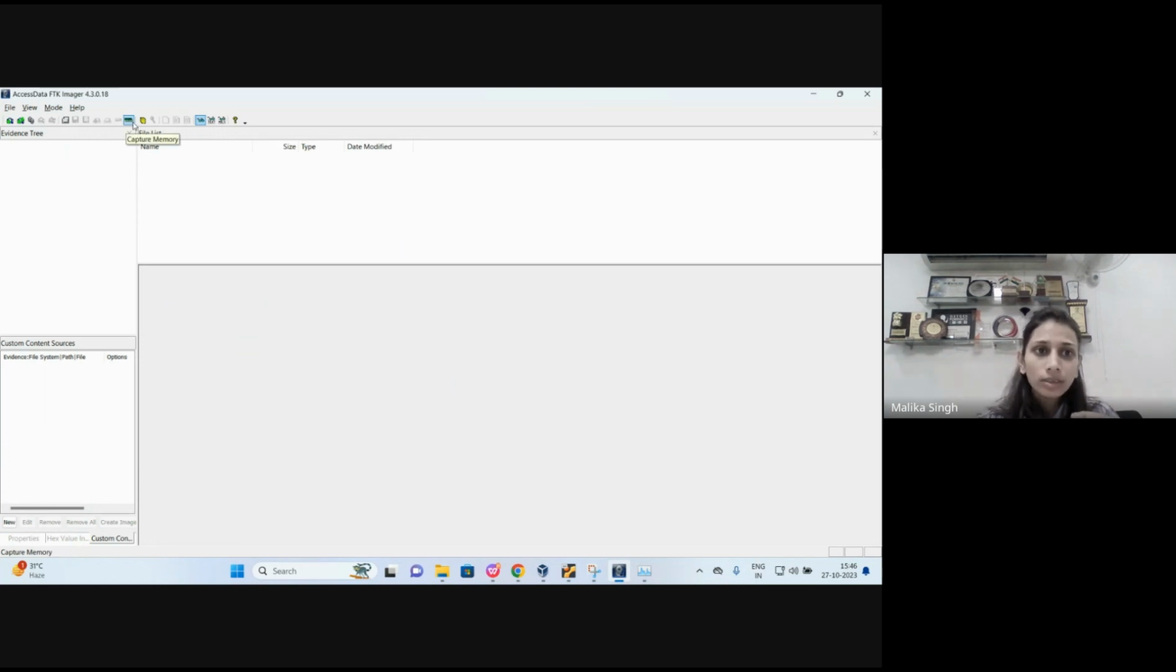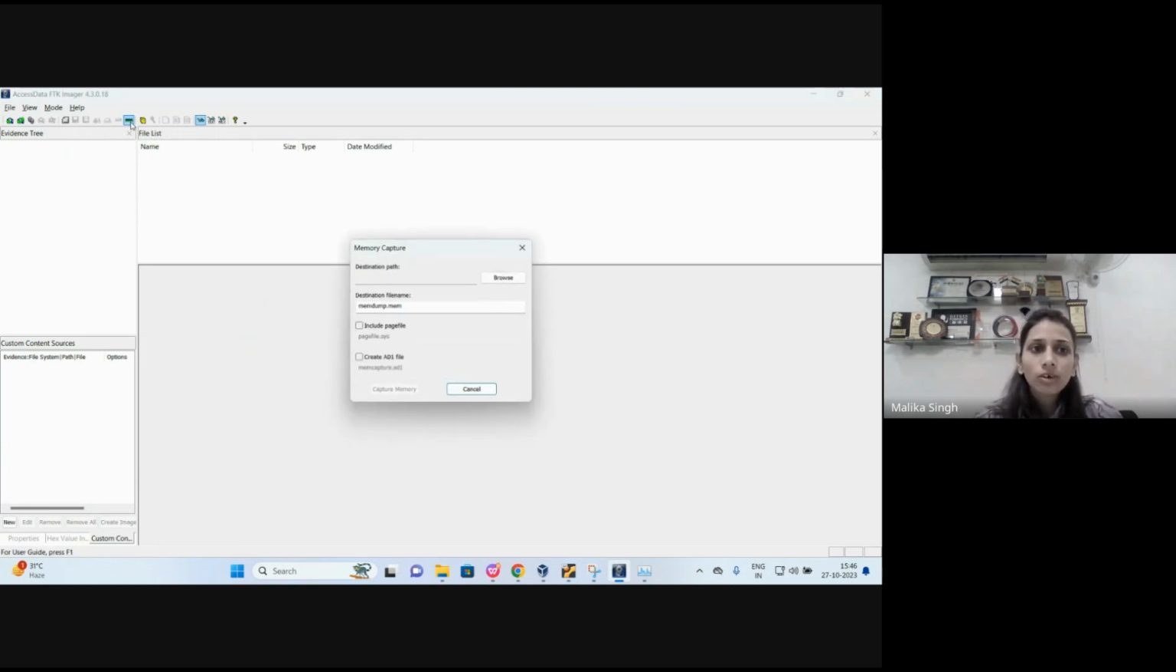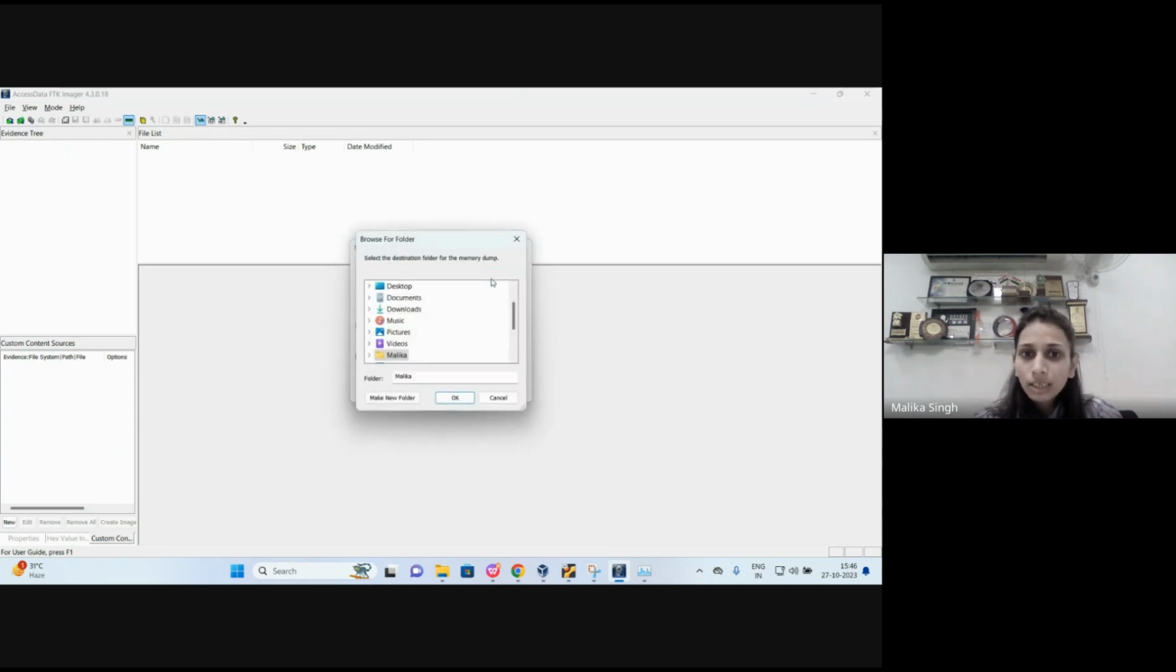So when we have to capture the memory, we just need to click on this capture memory option. We have to give the destination path. Because this portable is in my pen drive, if the system on which I'm acquiring this data is the target system, I just need to connect this pen drive to the system, and I need to